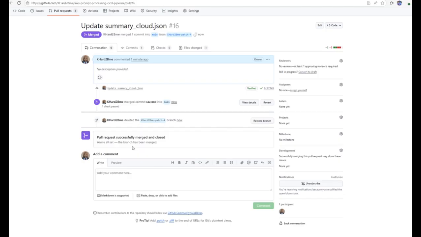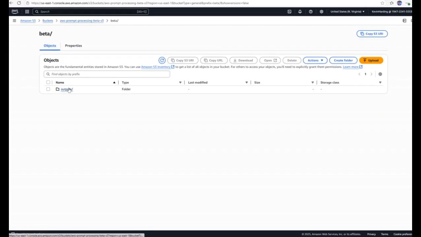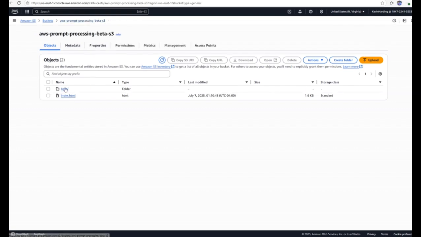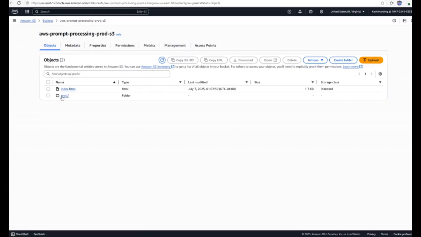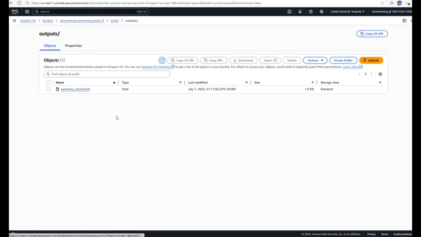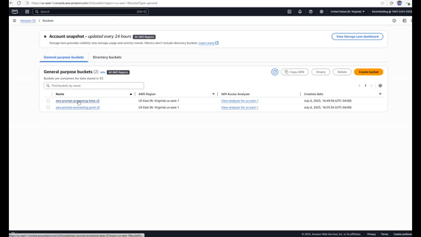Okay, that looks good. Let's go to the S3 bucket, data environment, data outputs, timestamp 110, index 110. Let's go to prod outputs 111, timestamp, index 111. So let's take a look at the beta environment,